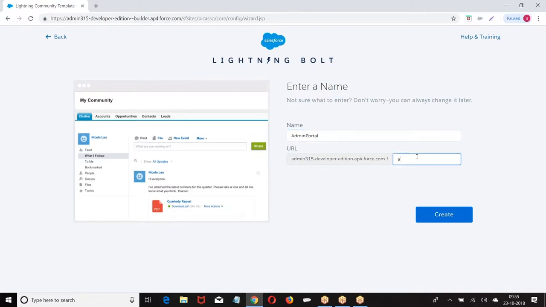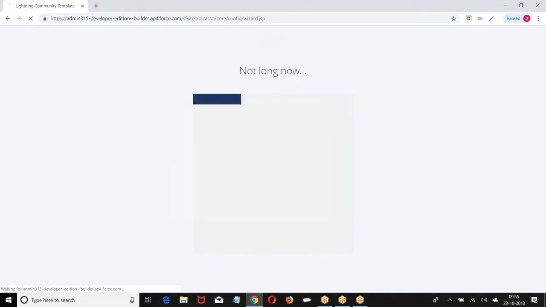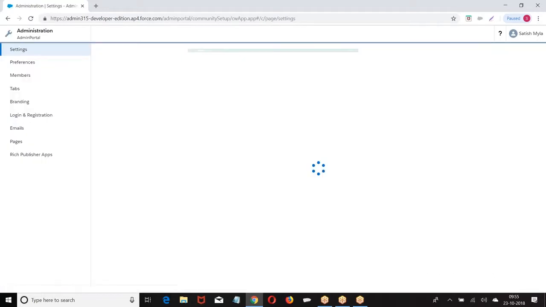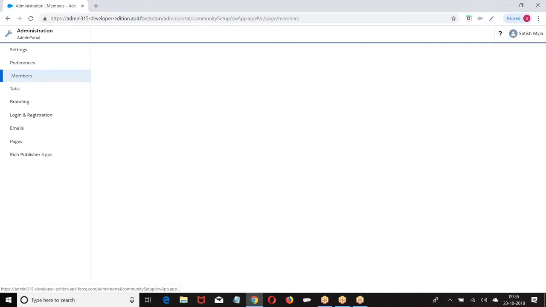Admin portal. Then administration, members.